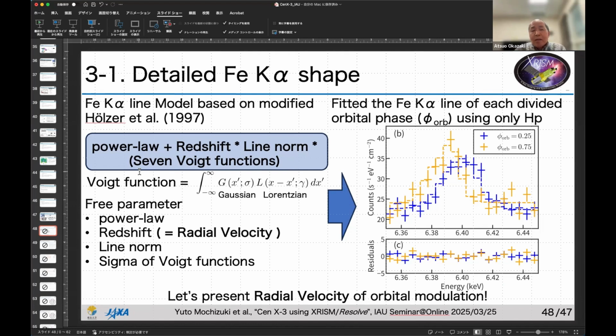The accretion disk can be an emitting region? I don't think so. You mean if we observe double peaks of the iron K-alpha, that line should not come from the accretion disk, right? Oh no, it comes from a rotating body, so the accretion disk is a candidate. Yeah, I will not deny the possibility, but